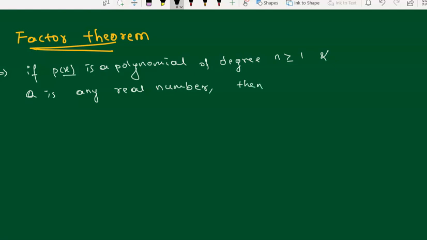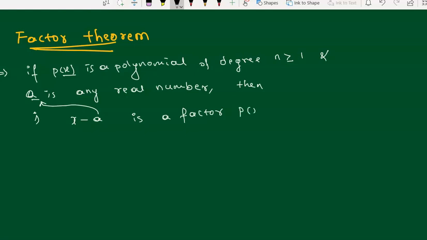If there is a polynomial and a is any real number and the degree of that polynomial is greater than or equal to 1, then what happens here? Then x minus a, here a may be any real number, then x minus a is a factor of